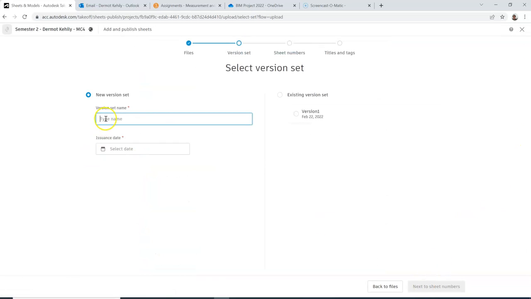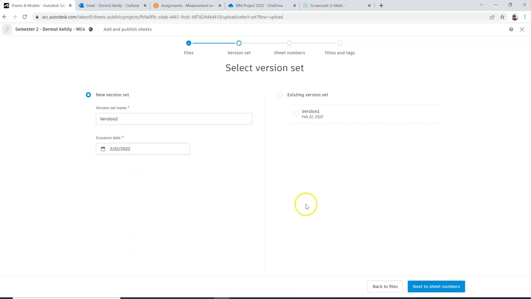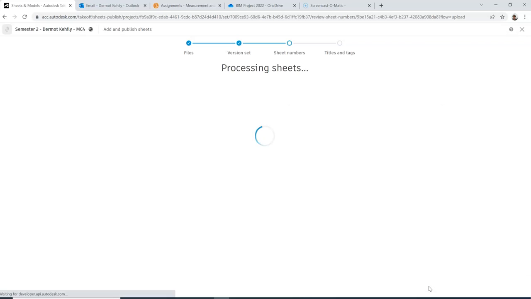I'm going to click that, and what you'll do then is type in version. Let's call it version 1. Oh, name already exists. Let's call it version 2. It probably won't exist in your case because I've already done this. Select issue date. Today is fine, or whenever you upload it, and then we're going to go through our sheet